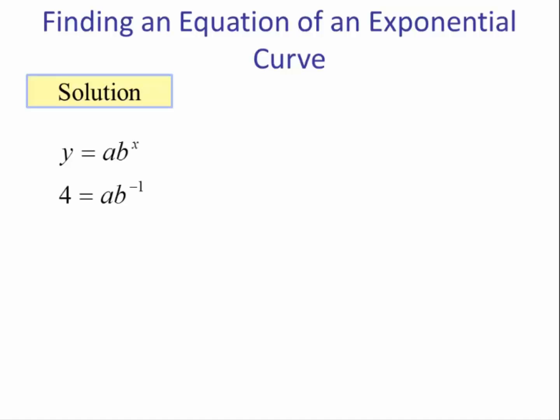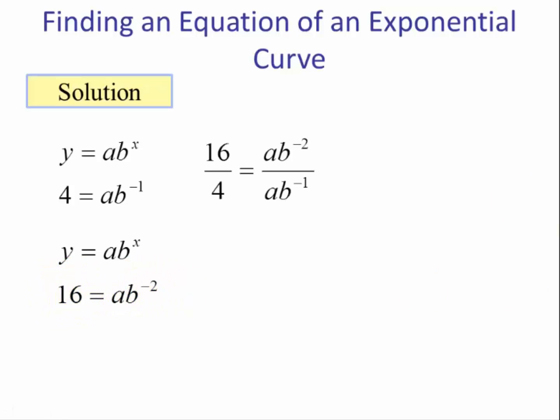The first equation will be 4 equals a times b to the negative 1 power. So this was our first point. X is negative 1, y is 4. And the second equation, 16 equals a times b to the negative 2 power. X is negative 2, y is 16. So taking the largest y value, putting it on top, the second equation on the bottom, dividing the left-hand sides,